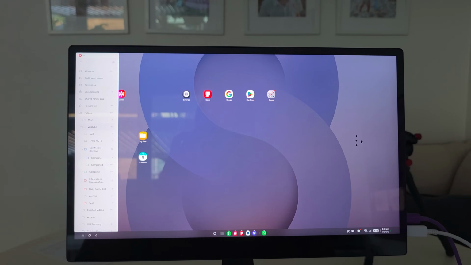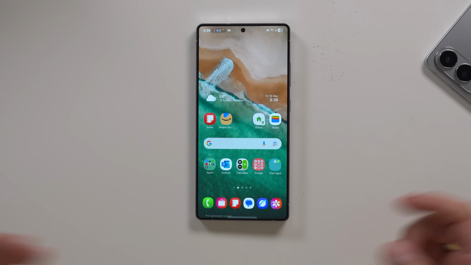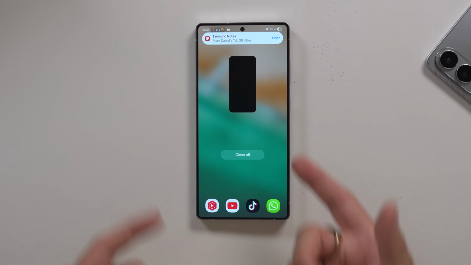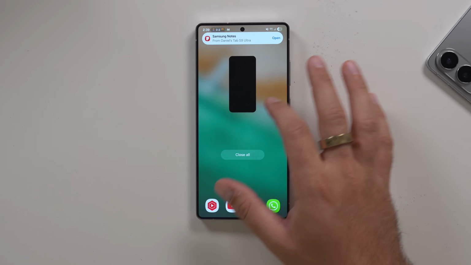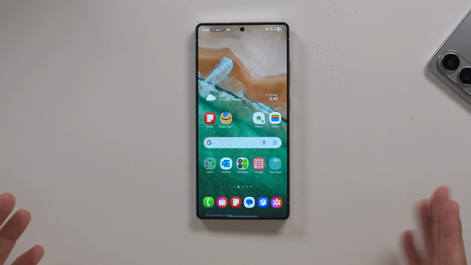That being said, it's not without its bugs because this is very buggy. And each new version that they bring out at the moment has new bugs to talk about. When the first version of Dex came with this, there was a bug where dragging multi-window just stopped the windows working. Then the second build of Dex stopped the touchpad working when you launch Dex. But there's a third build now which has fixed that problem, but new problems appear. So for example, my multi-window, my recent apps look like this, where you can't, how am I getting a hold of that? Like, that's ridiculous.